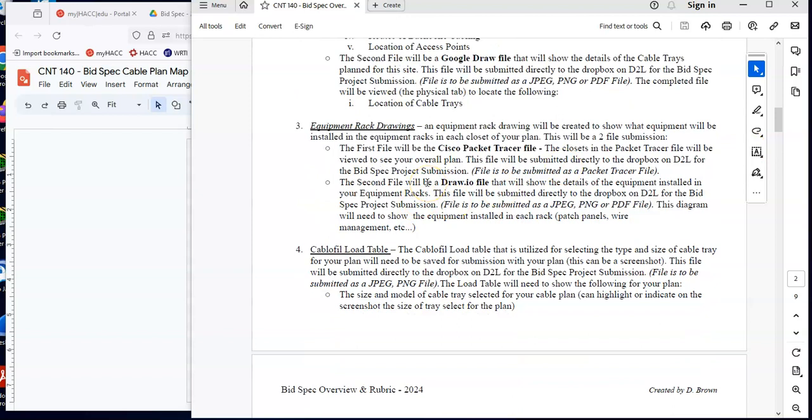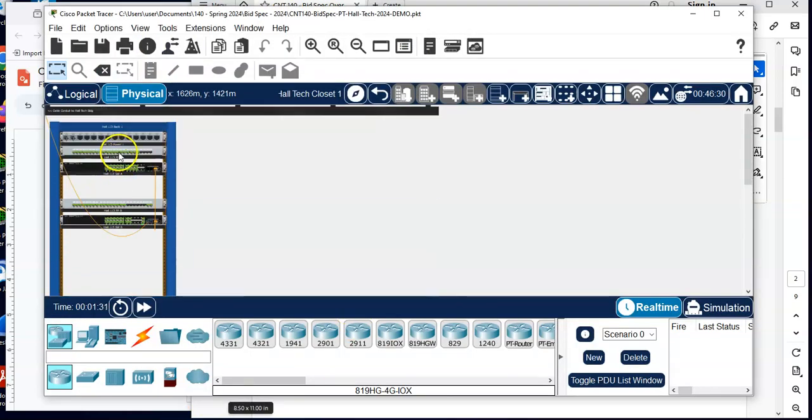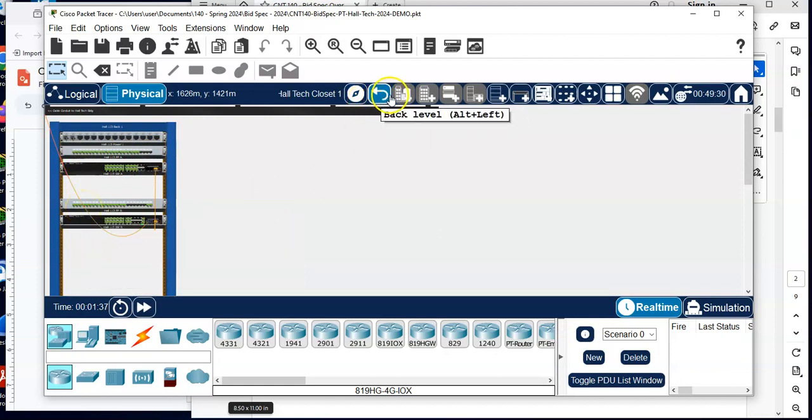We're also going to have equipment rack drawings. Well, in my packet tracer file, I can actually see, let me go back here, I can actually see the equipment racks. There's not a lot of equipment in here, but I can at least see the patch panels and equipment that'll be there. What we will also do is we will do a version of this